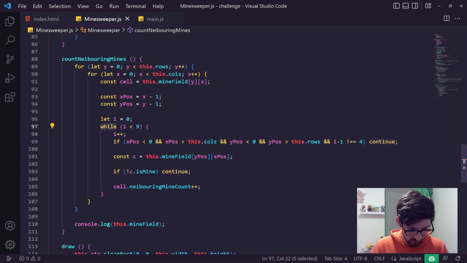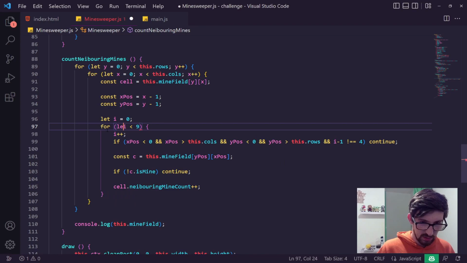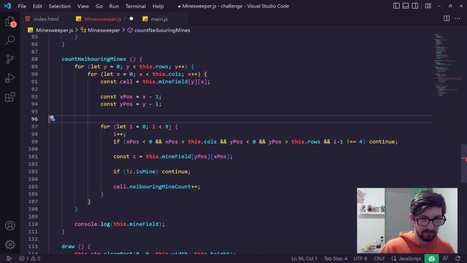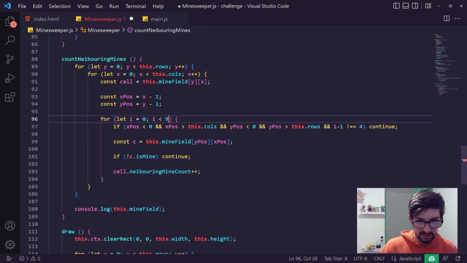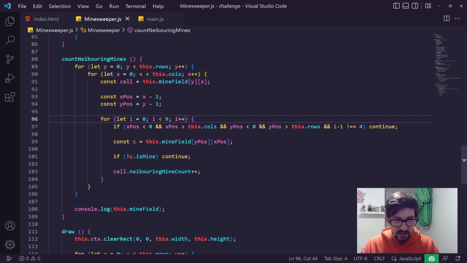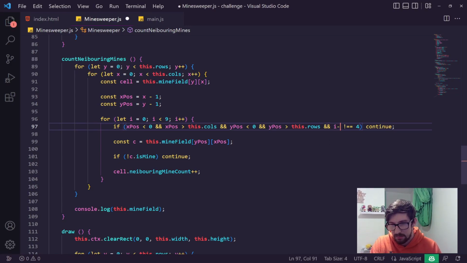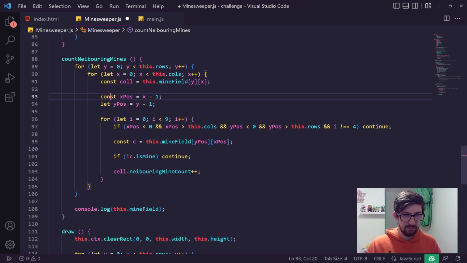Maybe it'd be better in a for loop. For let I equals 0, I is less than 9. Then we don't have to worry about incrementing. I plus plus. And that doesn't need -1 anymore. Oh, also that needs to be let,